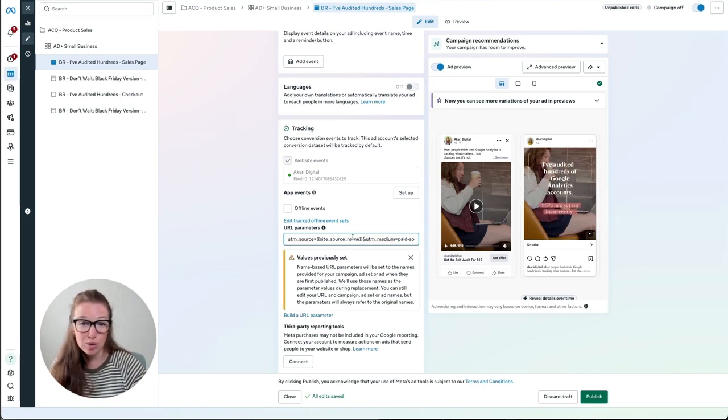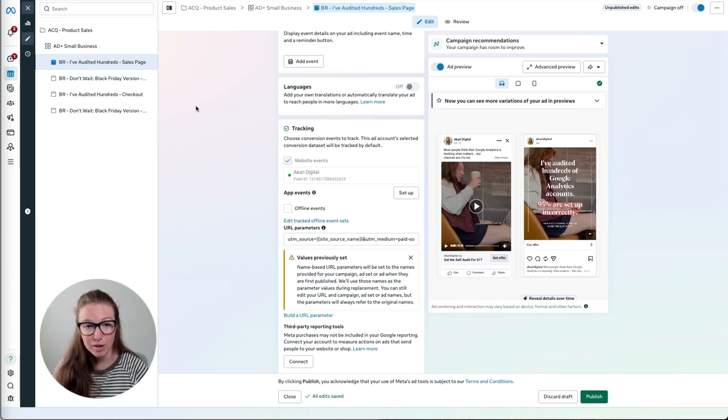I typically do this on the first ad and then I just duplicate this ad and then it'll always have my UTMs in there. So if you want to start getting real data on your ad performance, make sure that today you go into your ad account and on any ads that are actively running that are directing traffic to your website, you go add UTMs to them.